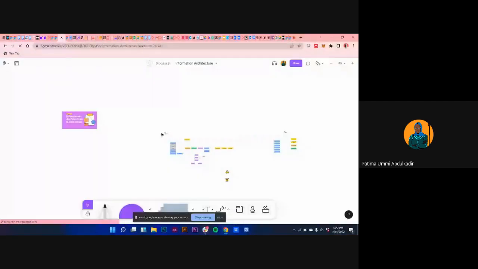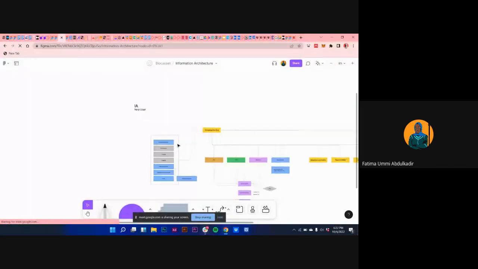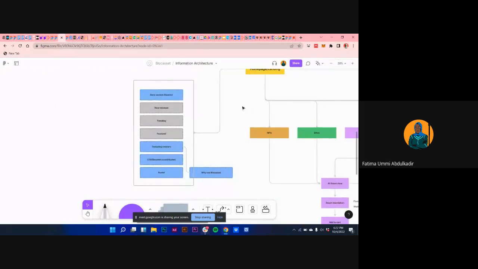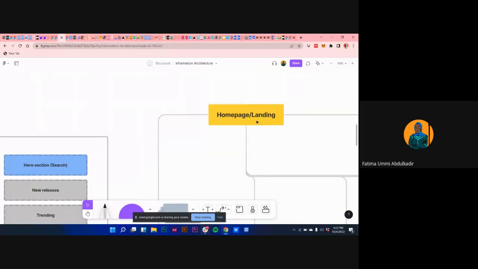So let me look for the UI to share information architecture. Share. Okay, so this is an example of information architecture. So I have the homepage.